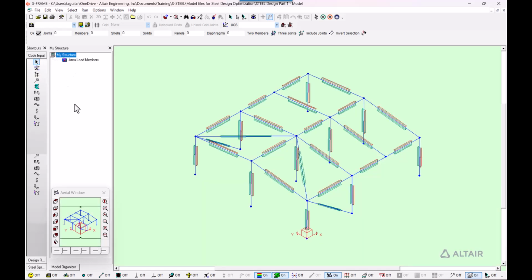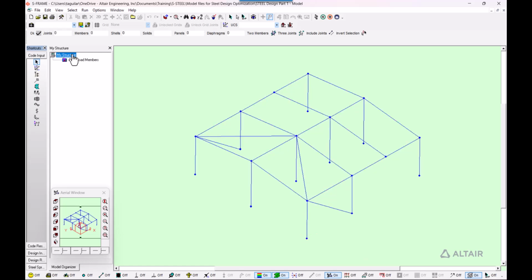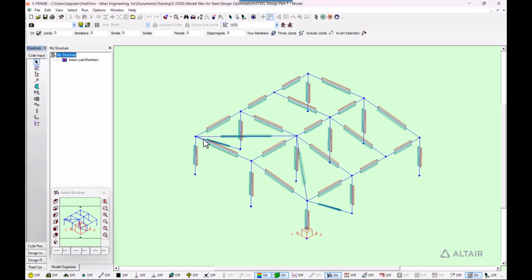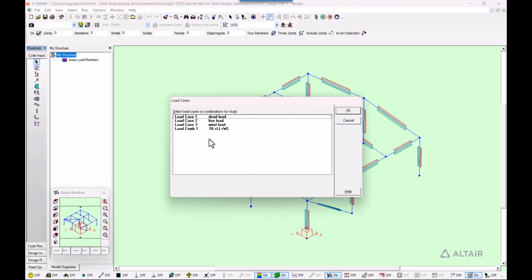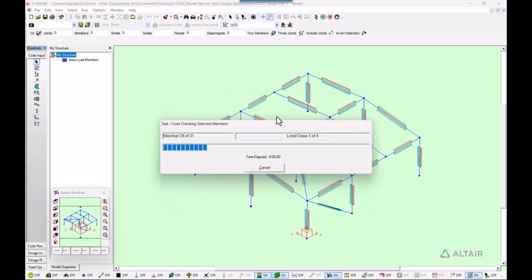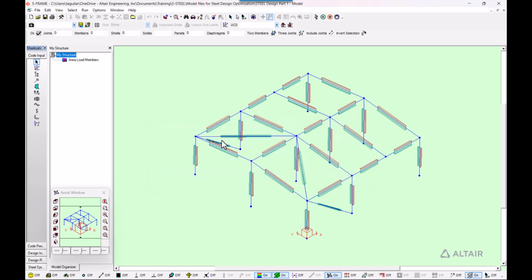I'm going to go into the code input window, and the first thing that I want to do is make a code check. So I'm going to select all of my structure to consider all of the members. Then I'm going to go to run, code check, and then I have the option to select the different load cases and combinations. So I'm going to select them all, click on OK, and now it's code checking all of